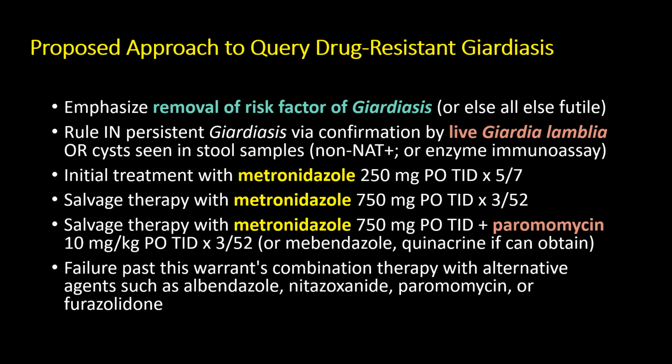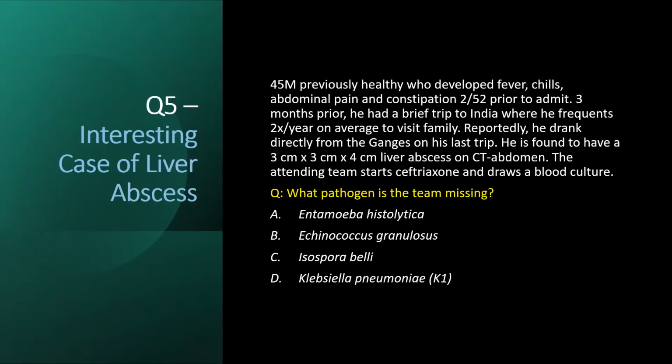Patients who fail these adjuncts could be considered for other agents, although it should be expected that the above strategies would cover most of our patients effectively. So that covers Giardia. Let's move on to our second patient case, a 45-year-old male previously healthy who develops fevers,